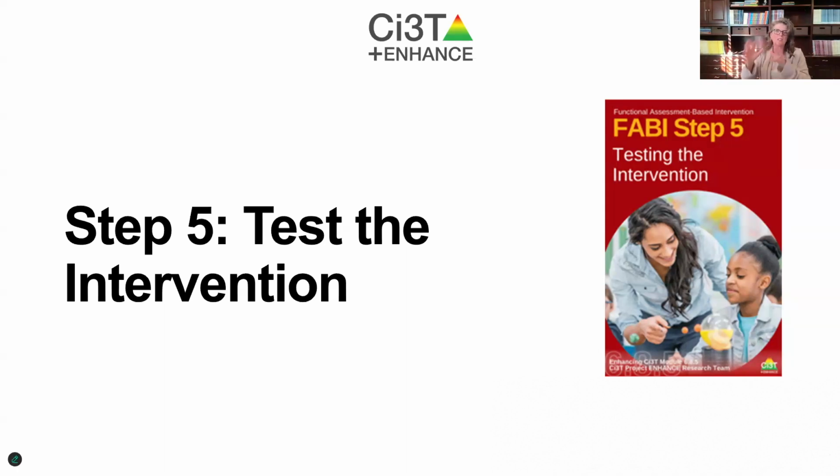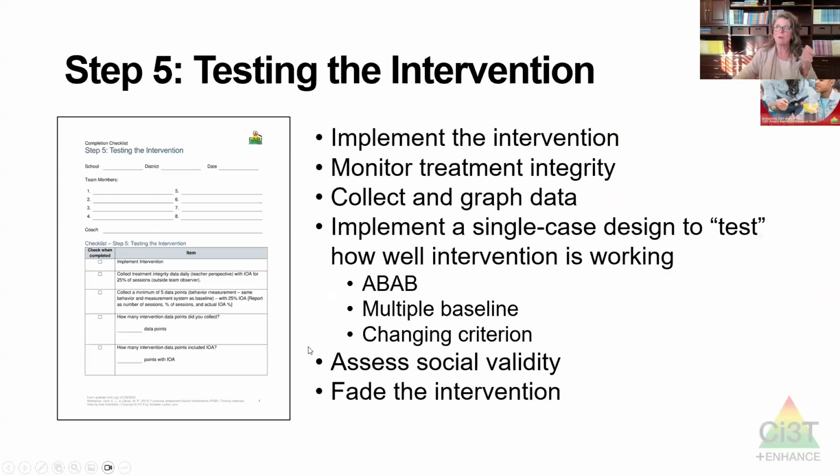It was fun to pop into the different rooms to watch people brainstorming those ideas for what antecedent adjustments can we do? What reinforcement shifts can we make? And how can we put behavior on extinction? Knowing very well that extinction by itself in a classroom is very, very challenging to do because it's difficult to manage all the contingencies. But once that's all drafted, then we are in our very last step where we get to actually test the intervention. And when we talk about testing the intervention, it's testing that full package.